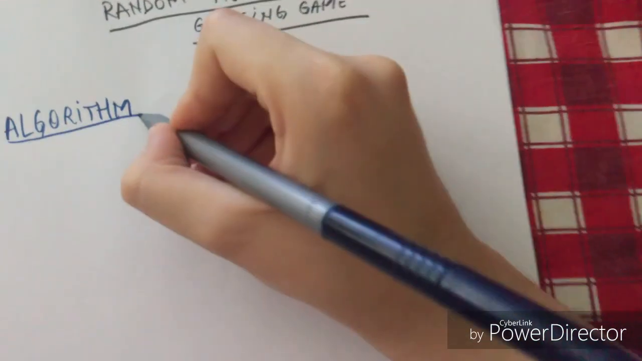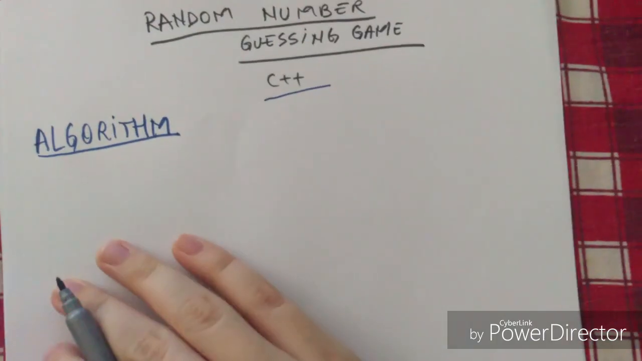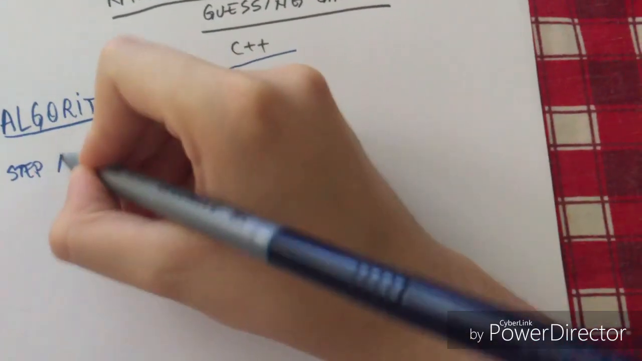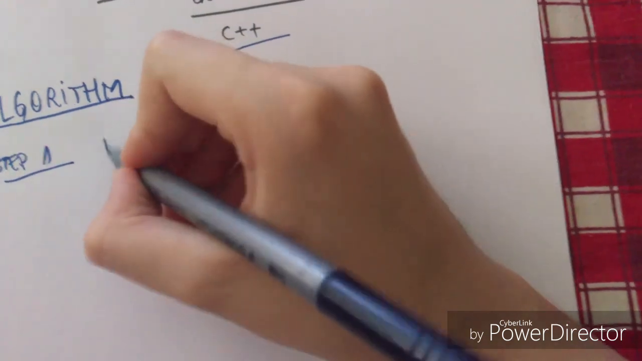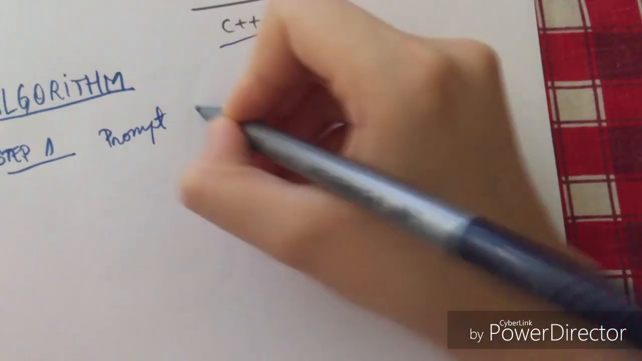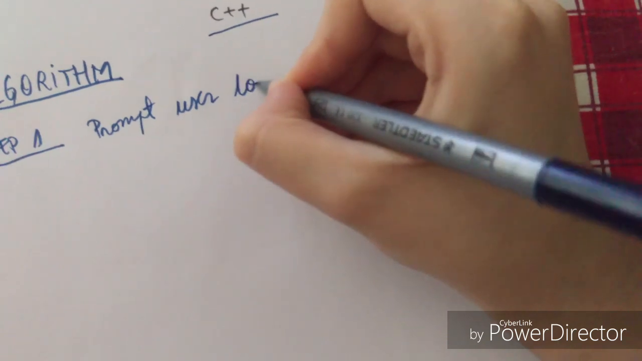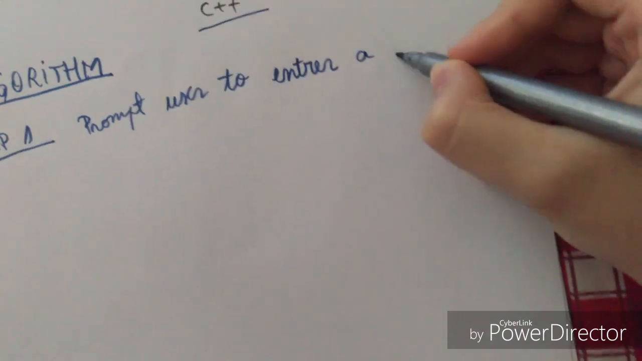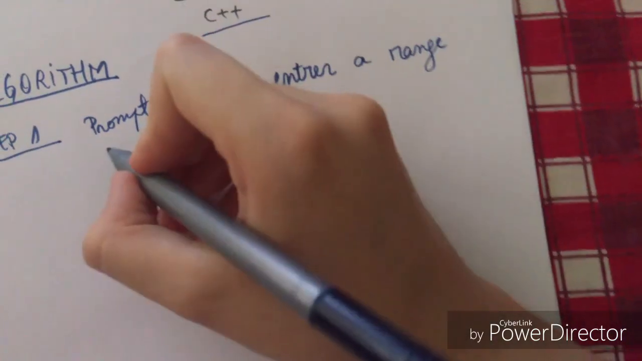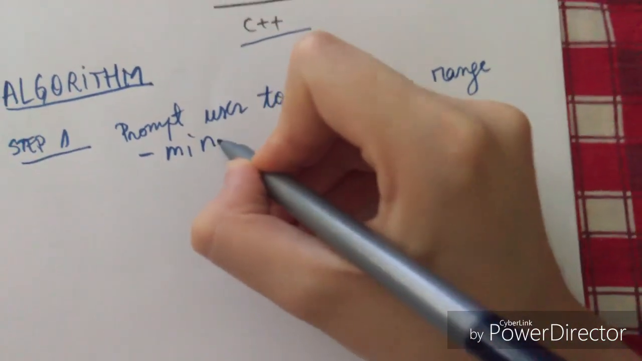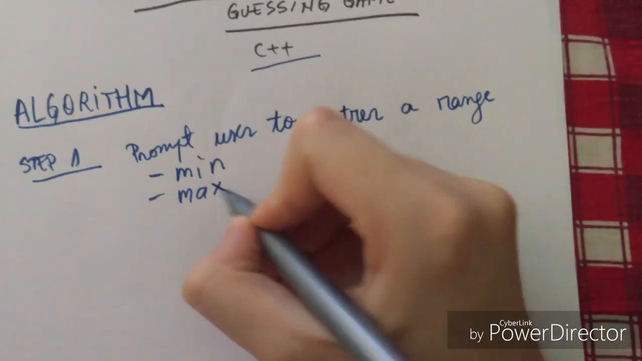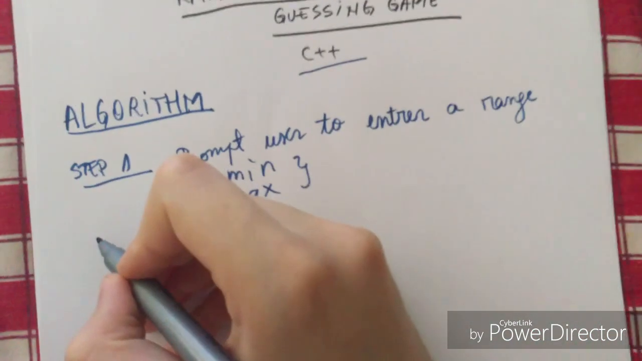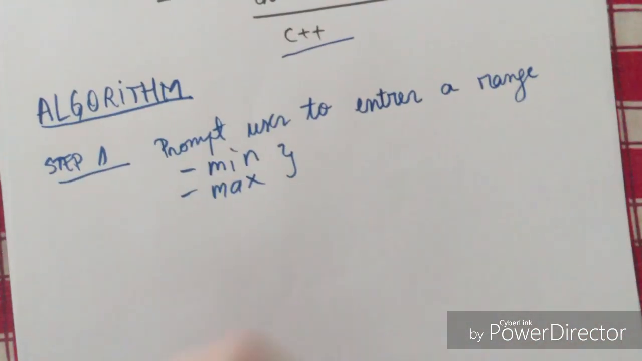These are going to be the steps that we are going to be using in order to create our program. For step number 1, we are going to prompt the user to enter a range. This is a minimum and a maximum for the random number to be generated in. Then, jumping into step 2,